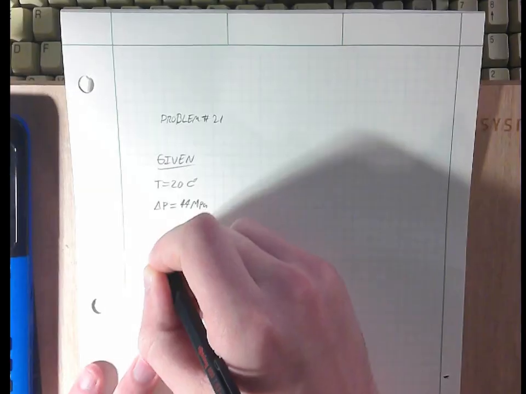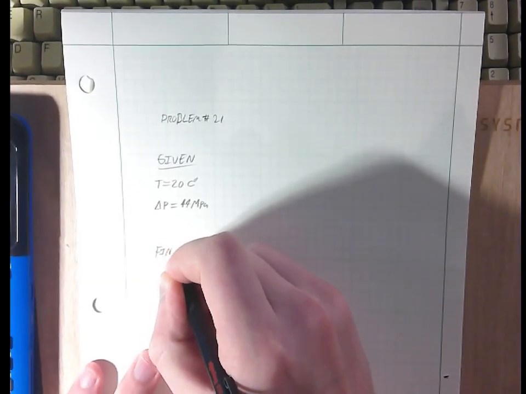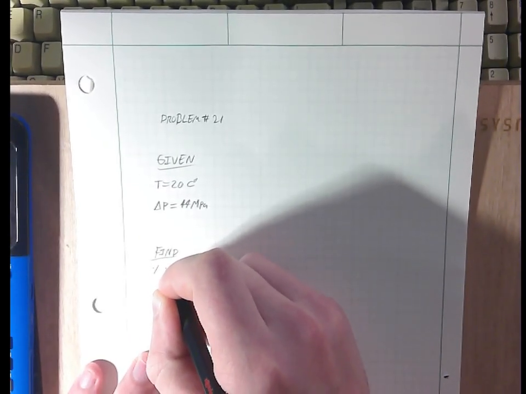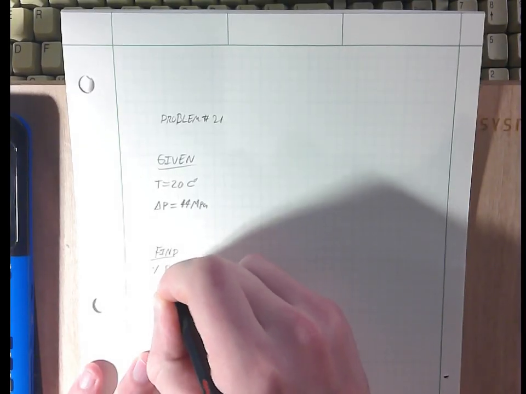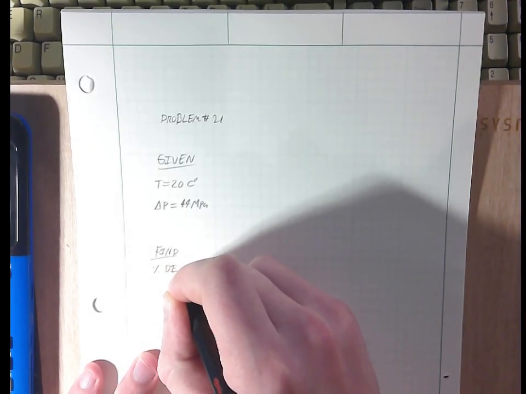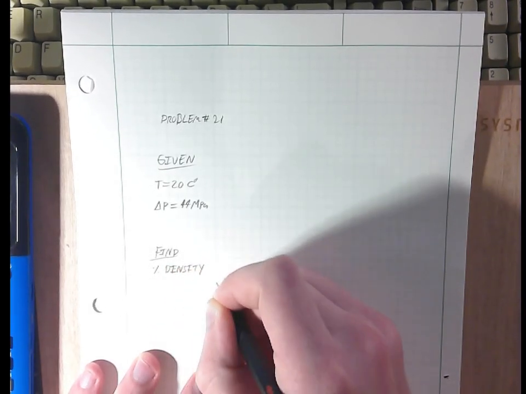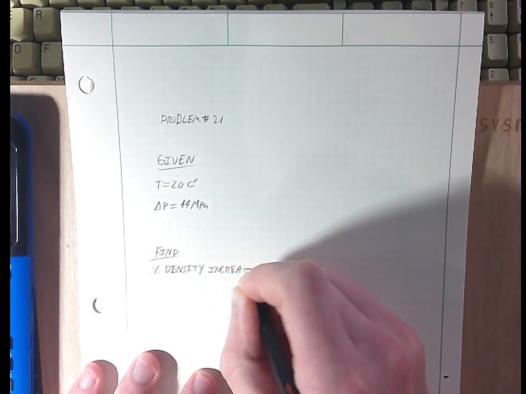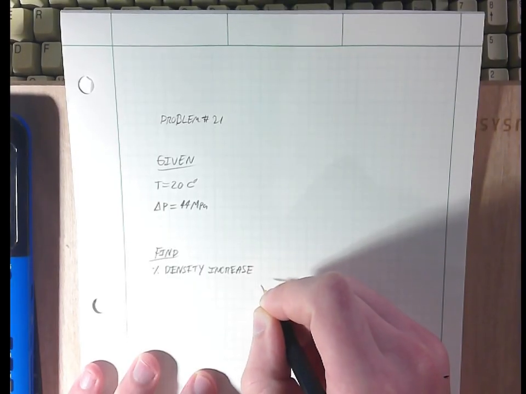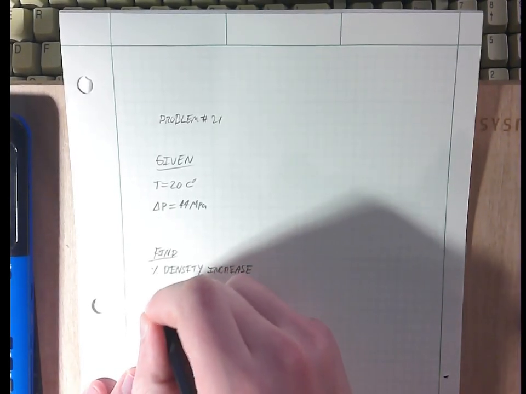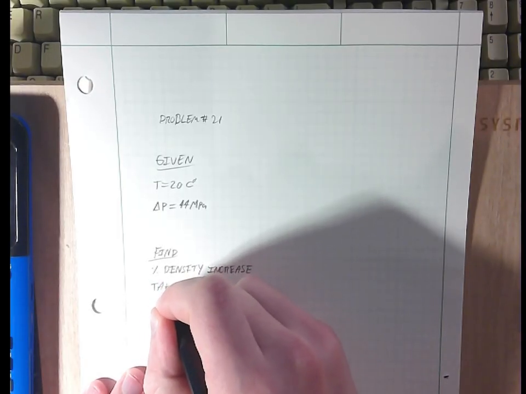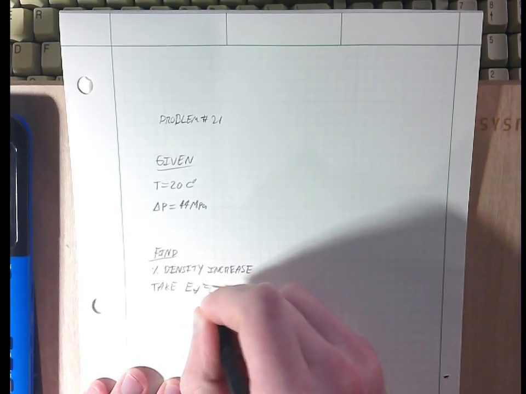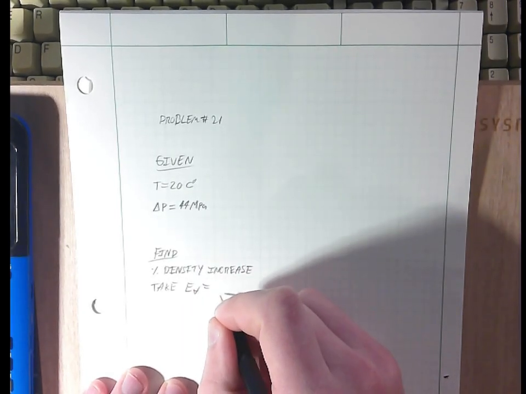We want to find percent density increase. And we're told to take this E sub V is 2.2